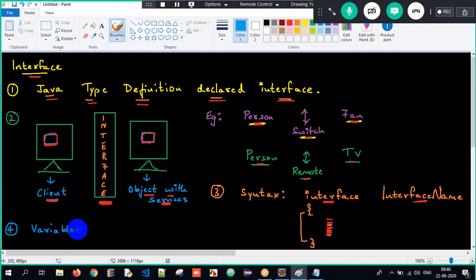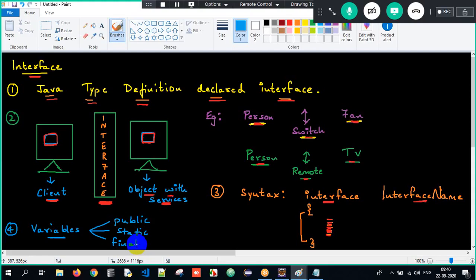Your answer is yes. Definitely an interface can have variables here, but automatically those variables are public, static, and final.